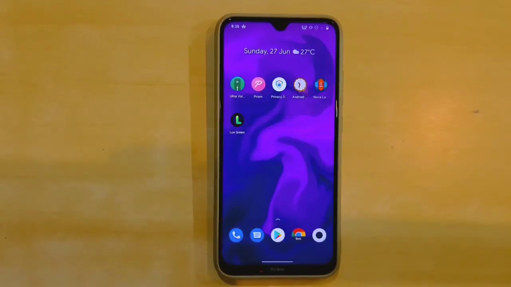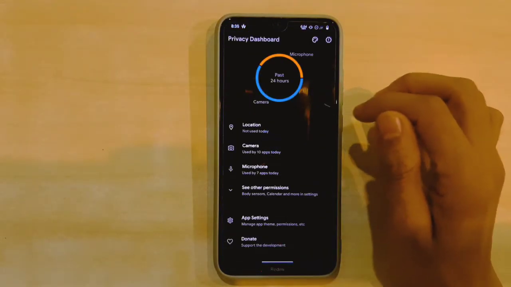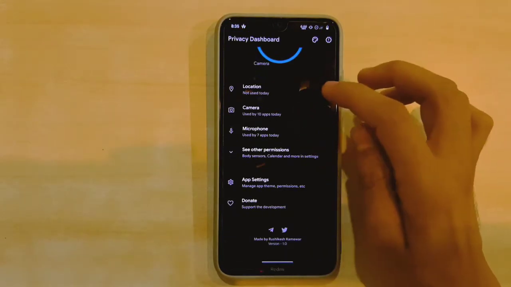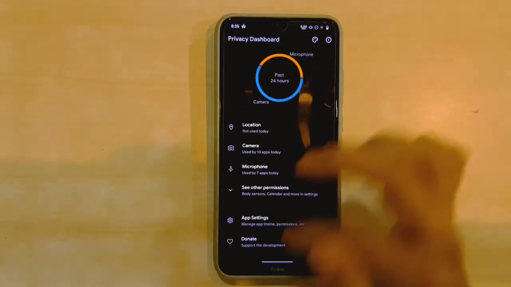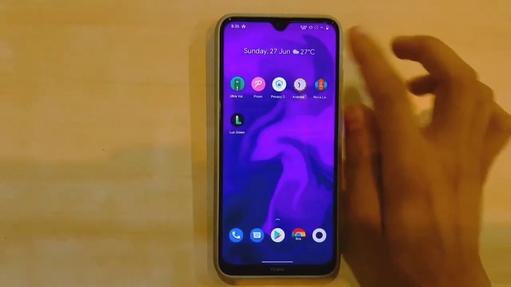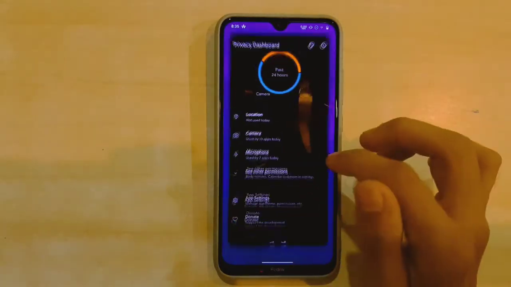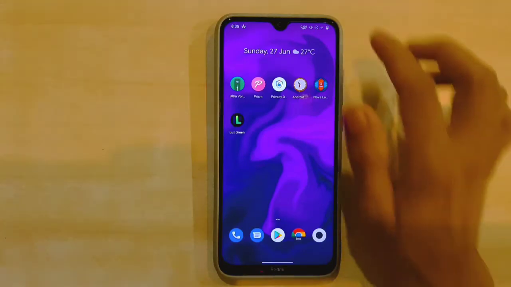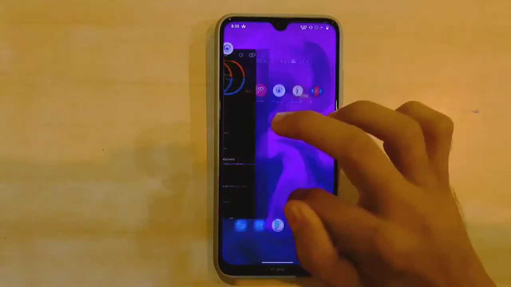So our third app for today's episode is Privacy Dashboard. Recently, Google announced its Android 12 UI and a lot of major features which are incoming with it. One of them is showing the working apps notification features in the top right corner of your phone. Suppose you are using the camera, it will be shown. It will show a camera option on the right side of the phone.